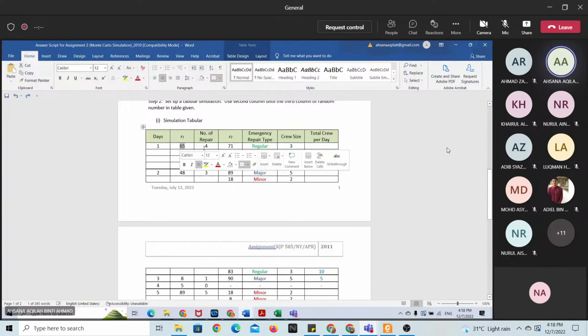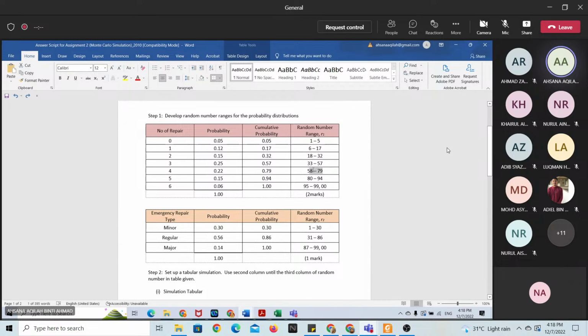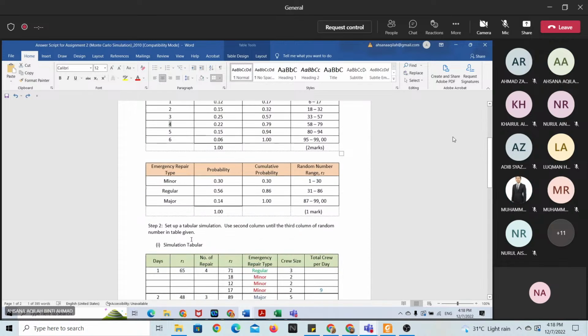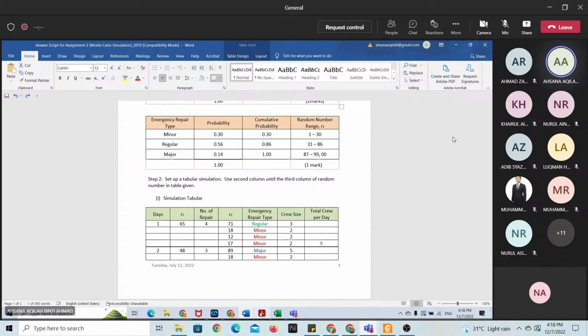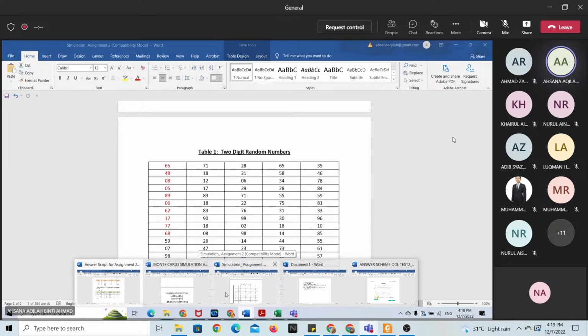Kalau kita tengok 65, kita tengok interval dia, 65 dekat sini. So the number of repair is 4. Okay, the number of repair for day 1 is 4. And based on the question, this is for simplicity,